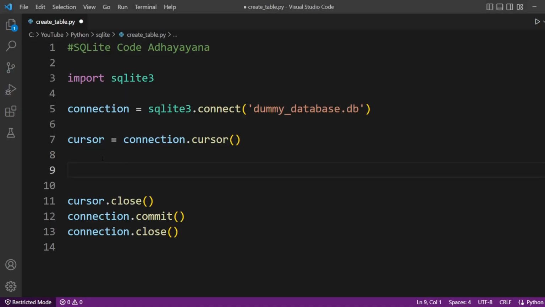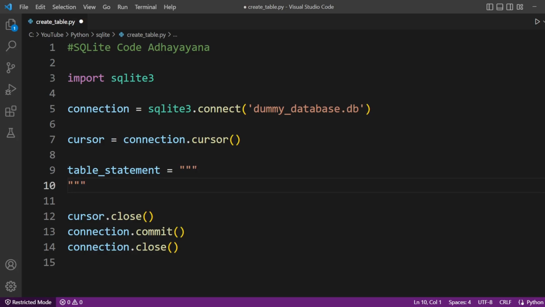Now let's create one table. We'll write the table creation statement. I will use a docstring so that I can pass multiple lines of commands.